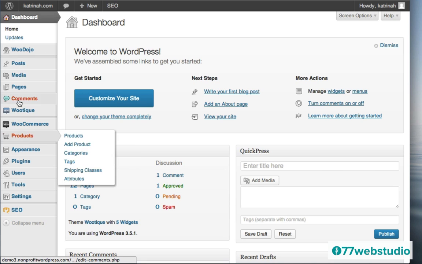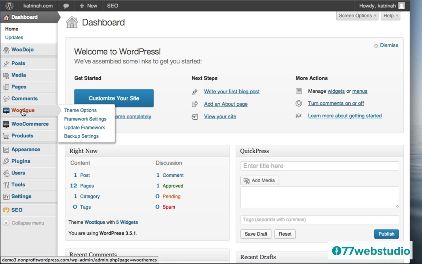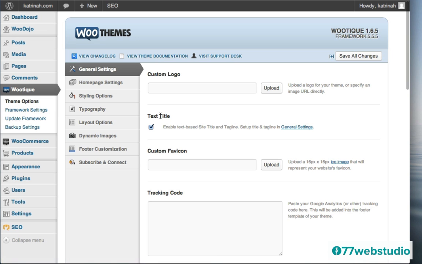So on the left-hand side, there's an item here that says Wooteek. So I'm going to click on this. And here we are on the theme options screen of our Wooteek WordPress theme. So here on the left-hand side, there's lots of different options that we can configure to set up